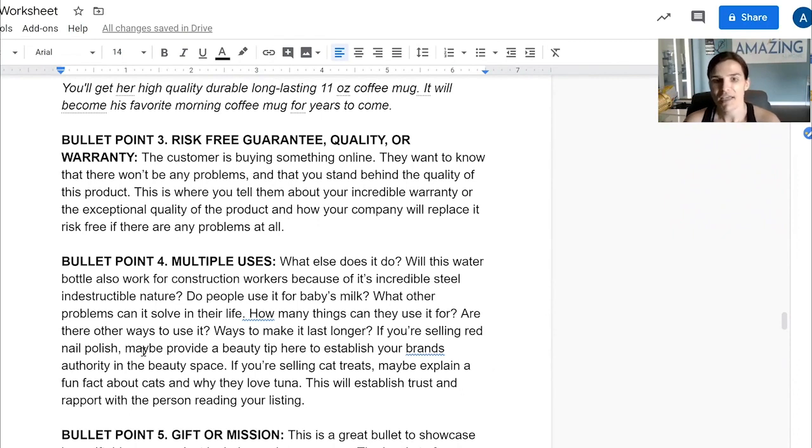If you're selling red nail polish, maybe provide a beauty tip here. Red nail polish obviously doesn't have multiple uses, but you could provide a beauty tip, right? So for our Father's Day mug, we could use this bullet to write about how this is a great gift all year round for dads, right? Best gift for dad's birthday, and that way you're going to probably change up your bullets after Father's Day anyway, if you're writing a Father's Day listing, or at least I would hope you would. But you could utilize this to say,